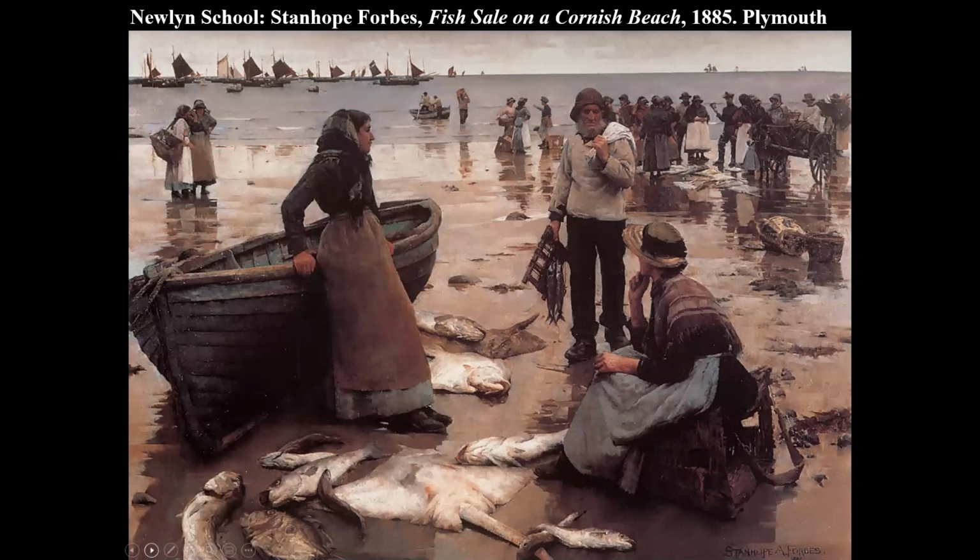I thought, making all these comparisons to Newlyn, I better remind you of the most famous of all, I think, the Newlyn images, Stanhope Forbes' Fish Sale on a Cornish Beach, which, by the way, should be living out on a wall in Plymouth. It's almost exactly the same date, as you can see, and was also an essay in light, as well as the social realism aspect of painting the life of the